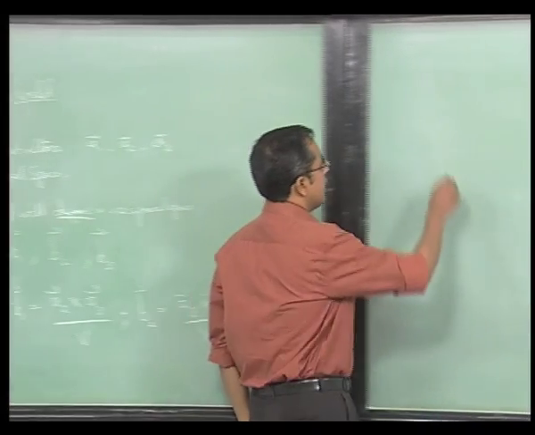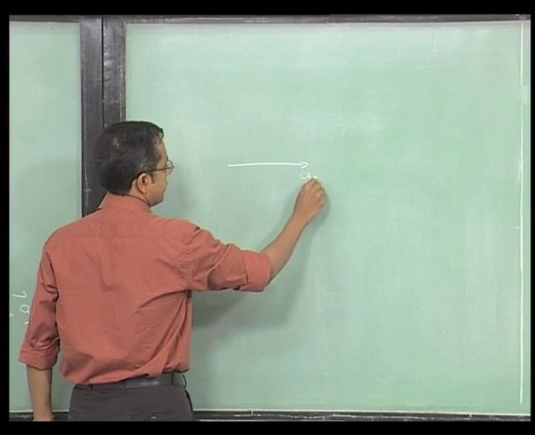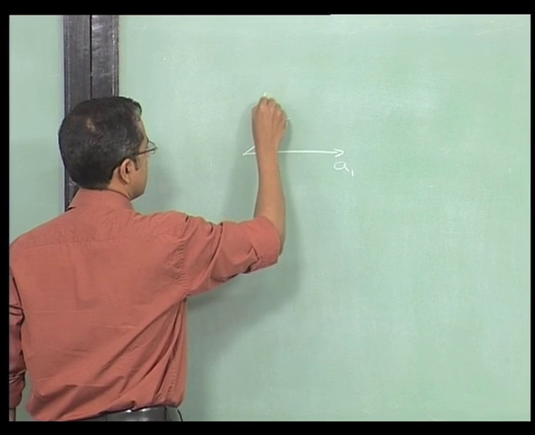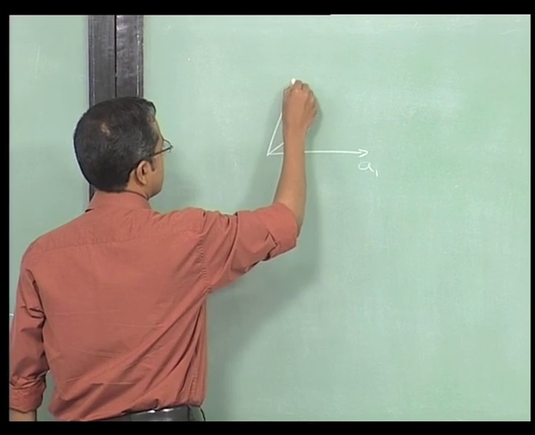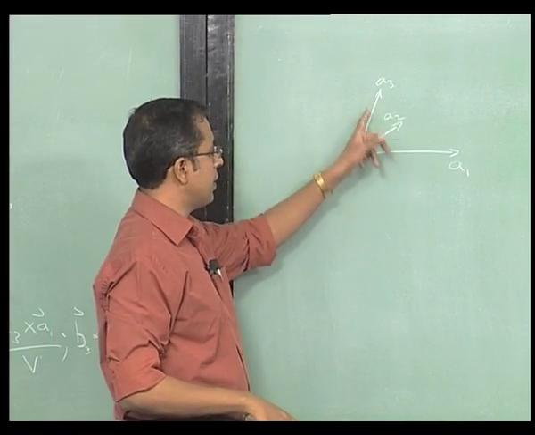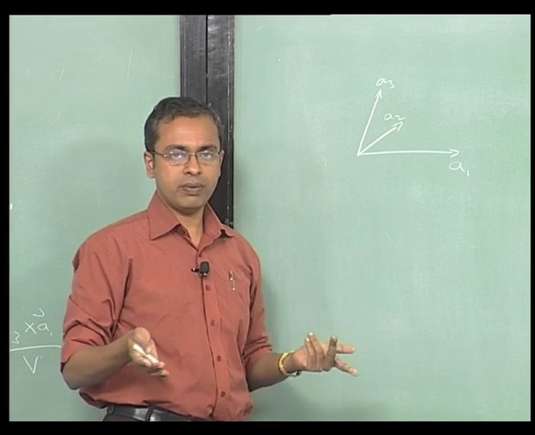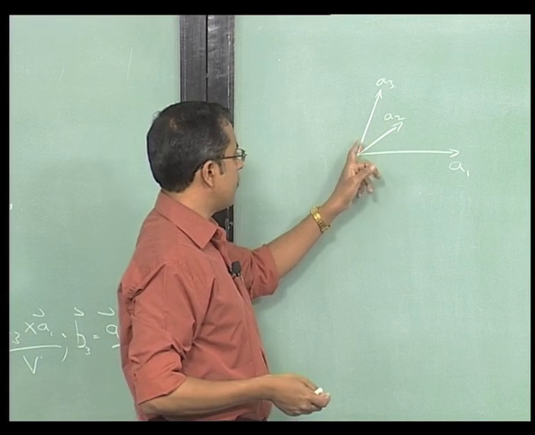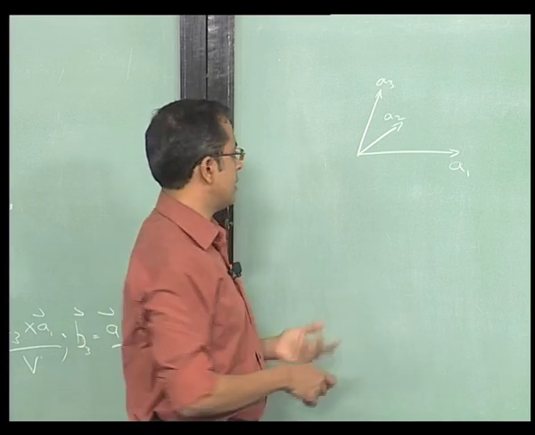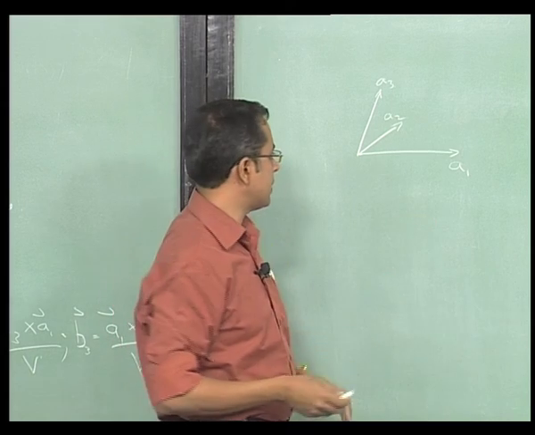So to do that, let us take an arbitrary, say a triclinic cell. A triclinic cell is one where by definition the A1, A2 and A3 vectors need not have the same length. So A1 need not be equal to A2, need not be equal to A3, and the angles between them, alpha, beta and gamma, which are the three angles that exist in the system, need not be the same. So it's a very general cell, we are really placing no restrictions on it.